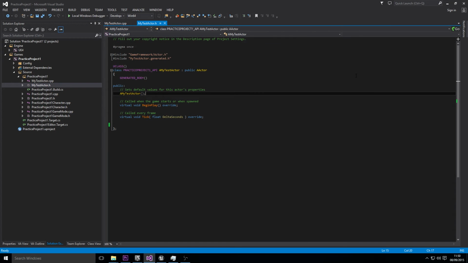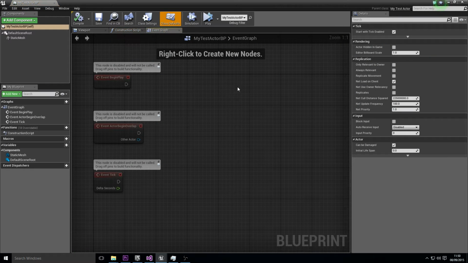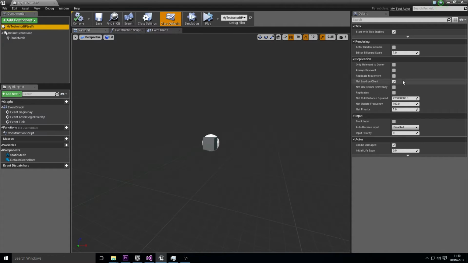Okay, so in this part we're going to add some functionality to the actor that you just created. So the question is, what do we want it to do? I thought it'd be a sort of easy first exercise for us to just add some basic movement to the actor. So one thing you probably want to do is go to the actor blueprint that you created in the Unreal Engine itself,